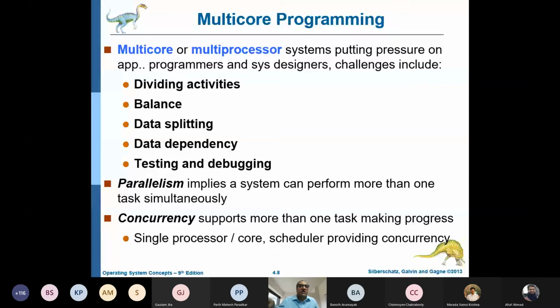That means all of them should take more or less an equal amount of time, or equal value has to be given as output. And the data splitting. Data splitting means suppose you are running a program on a database where the database contains a huge amount of data, like you have lots of records and you need to perform